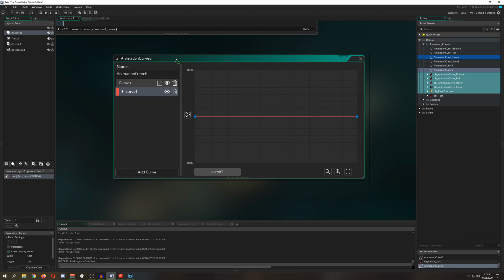So what you're seeing in front of you, first of all, you can give it a name as you want. So for example, this is animation curve and we call it, I don't know, hover 2, because we already have a hover one. And then you can create additional ones if you like. You can change their initial points if you like, or for example, you can kill it because we don't need it. And then as you can see, we're having 2 points, but let's say we press our mouse, as you can see there is this little icon here, and